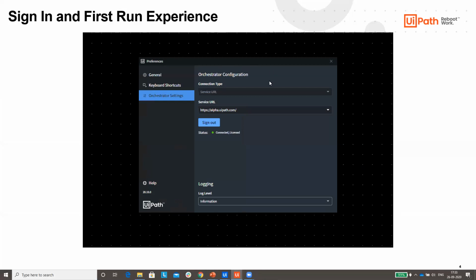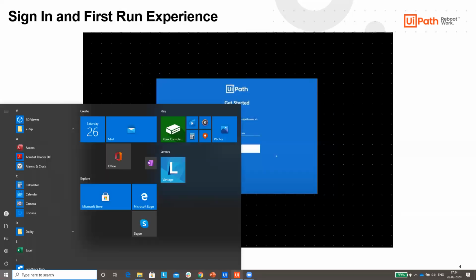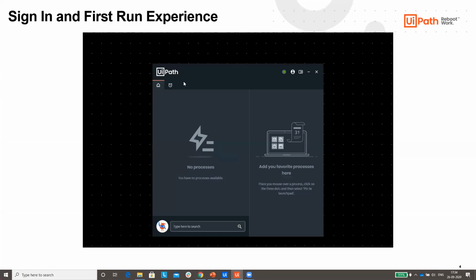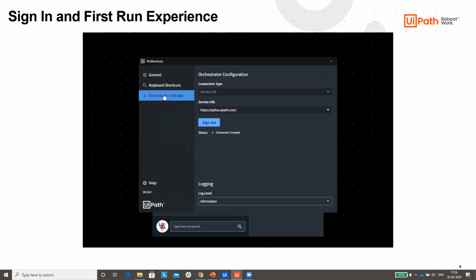So this is actually your UiPath Robot, sorry, UiPath Assistant right now. We just renamed it as UiPath Assistant, and what you have to do is go to Preferences, and you can see here Orchestrator Settings. At the earlier stage, when you tried to connect UiPath Robot with Orchestrator, you had to do a lot of settings, like copying the machine name and getting the machine key, all those things. But right now it is made very simple. I'll explain what I'm trying to say here.